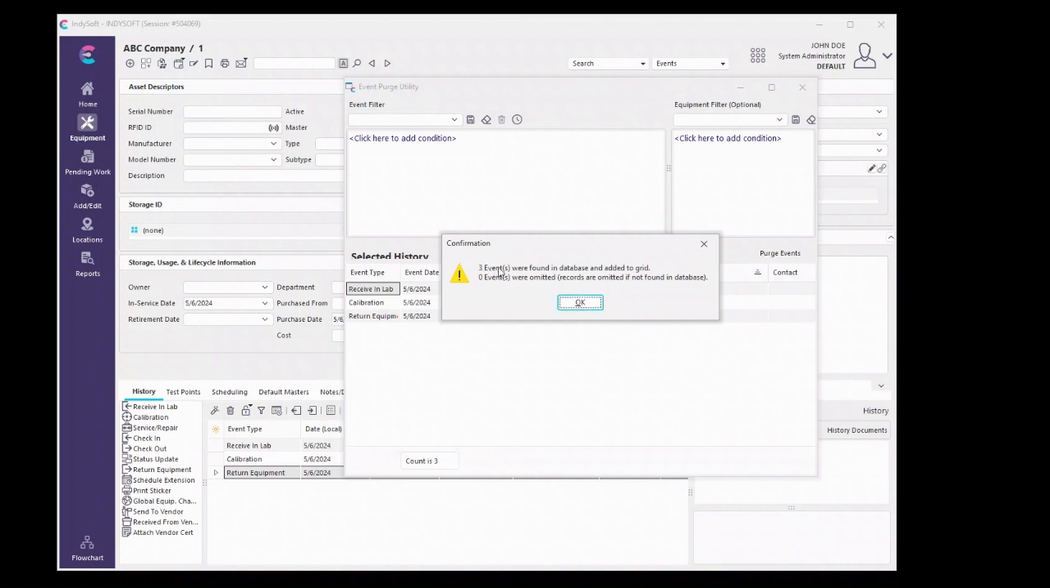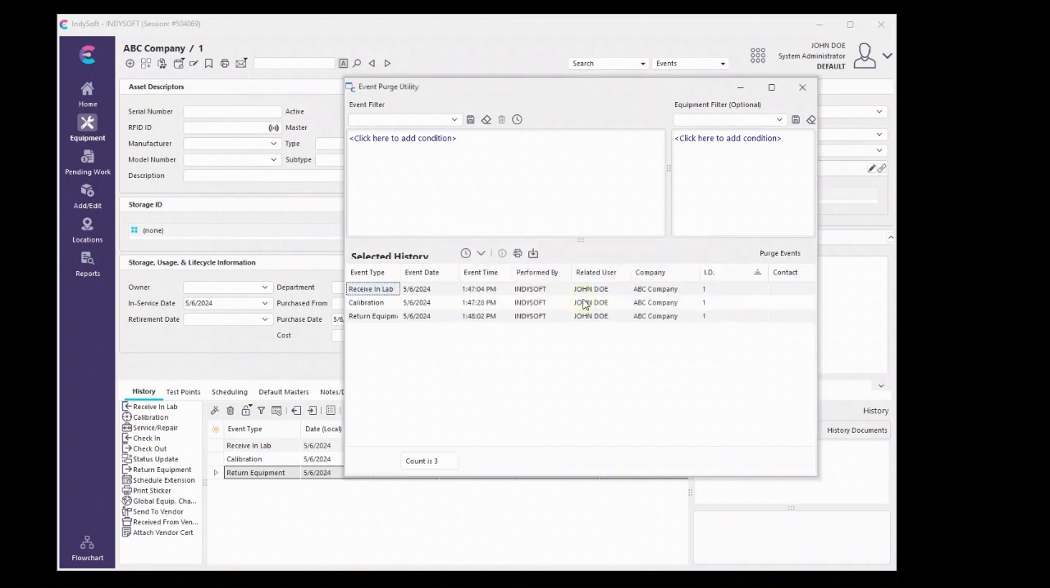And it found, so basically it's going to search for those event numbers and add those to the grid. So here you'll want to double check, make sure it's the right company, the right piece of equipment, the count is correct. Now, if it didn't find all of the events, let's say I put in some that didn't exist at all in